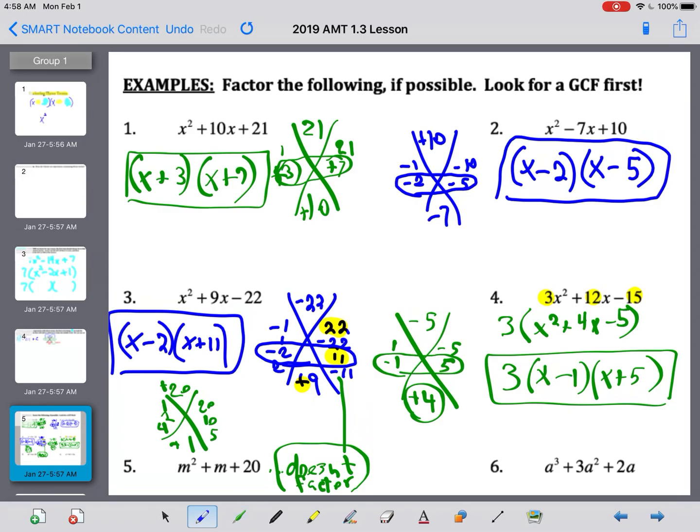And then this last one here, I'm going to pull out the A first. And again, if I go ahead and do this, I get 2, I get plus 3, I get plus 1, and plus 2. So my final answer